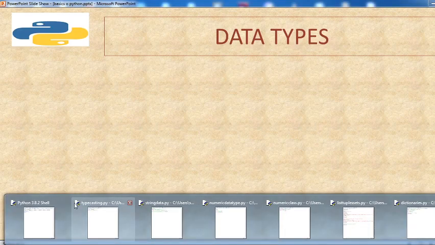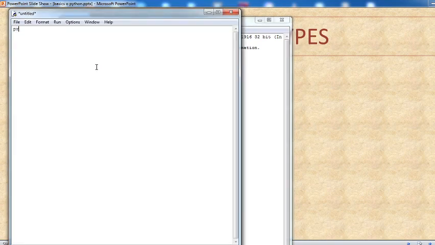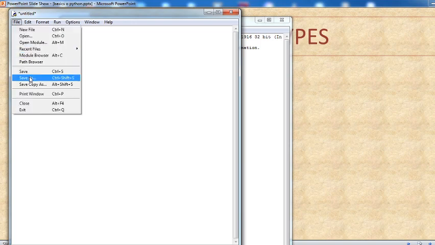See here, go to file, go to new, type a piece of code over here. Then save it with the extension.